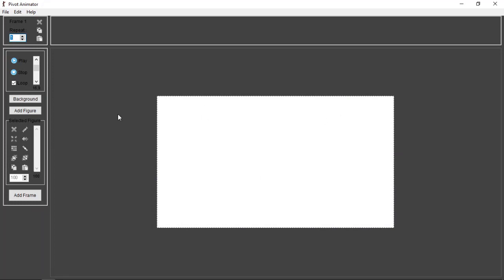So if you open Pivot and you see this guy over here, this red dot is called a node. So a node is basically to move the stick figure's nodes. Basically, I don't know how to explain it. If you want more details, you can go to Don's channel, because I know Don already did this. But this is basically a node. So you move the stick figure, blah blah blah,